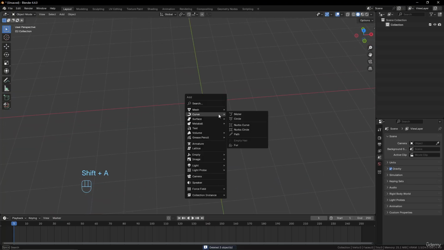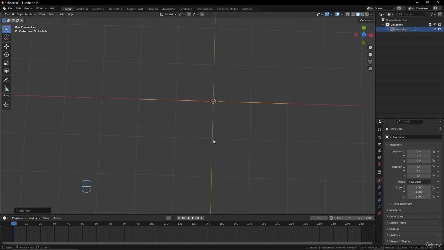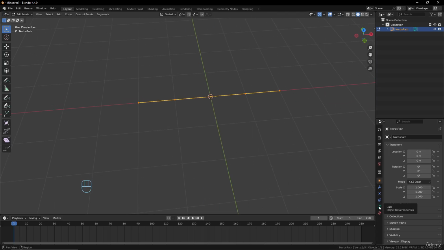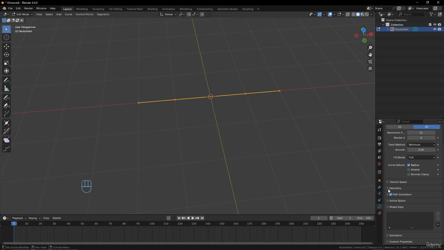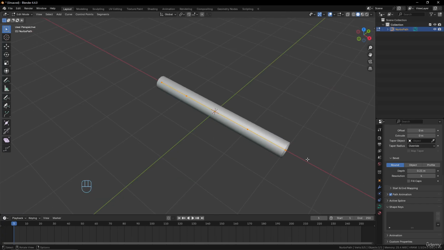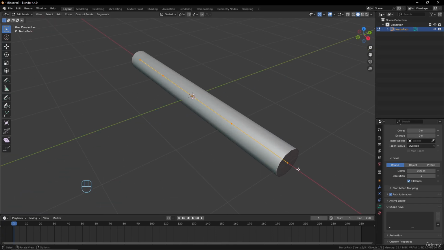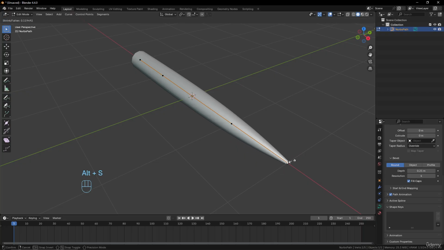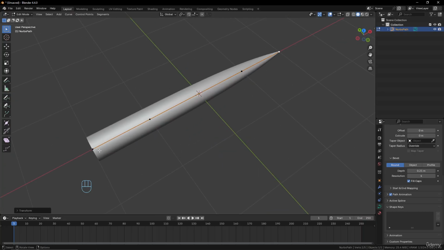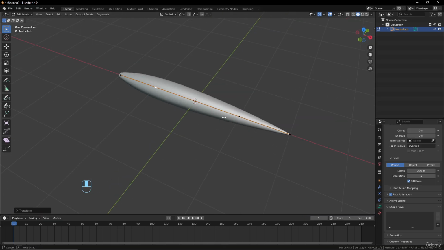We will add here a curve, sorry. And this will be a path, this one. And the first thing that you can do with a path is add a bevel in the path data, in geometry. Here you will find the bevel, and if you increase it, you will have this shape. And the first thing you can do, you can press Alt S to scale down the thickness of it, for example, and maybe scale up that one. And you will have a nice shape that you can play with to make some